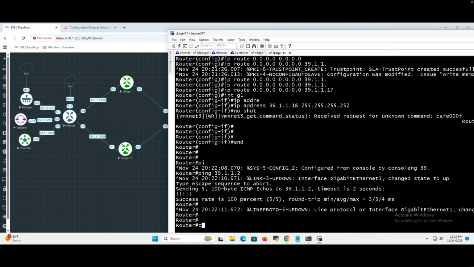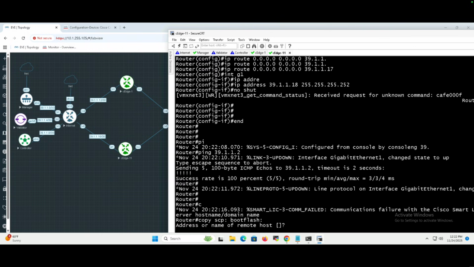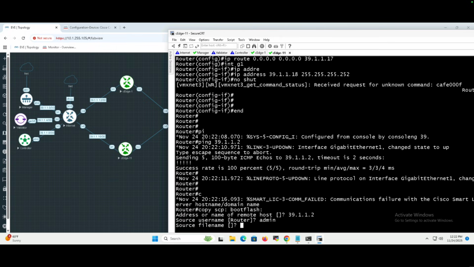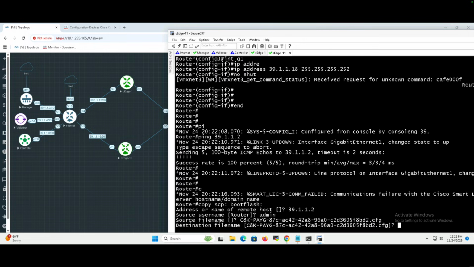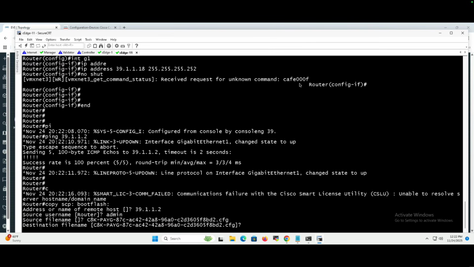So what I want to do now is copy SCP to boot flash. The IP address is going to be 39.1.1.2. Admin is the username. The file that I want to copy is going to end up being that big long file that I just created, that guy right there. And now when I save it to the destination, so when I save that locally in my boot flash, I want to call it